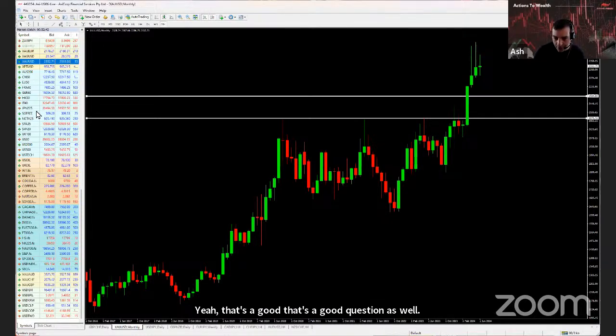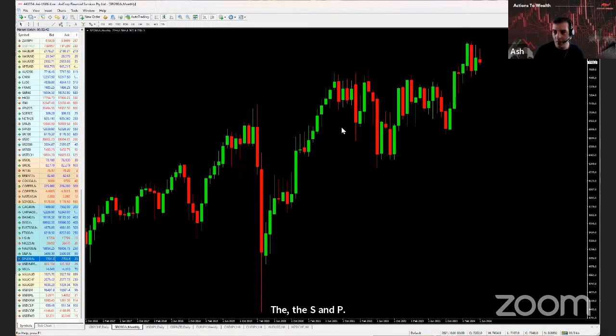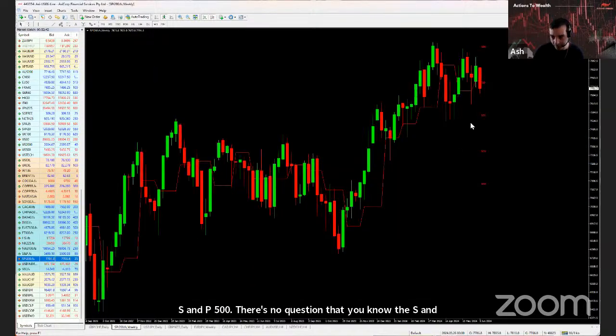So the S&P 500. There's no question that the S&P 500 is a buy. Now the reason it's a buy is because the central bank may not be ready to lower interest rates yet, but they will be lowering interest rates. Now that doesn't mean it's a buy at this stage, but what it does mean is that in my opinion, we should be on the lookout for buy signals rather than selling into an area which could then turn to be a buy. I think we're waiting for this one to come down, which I think it probably will,